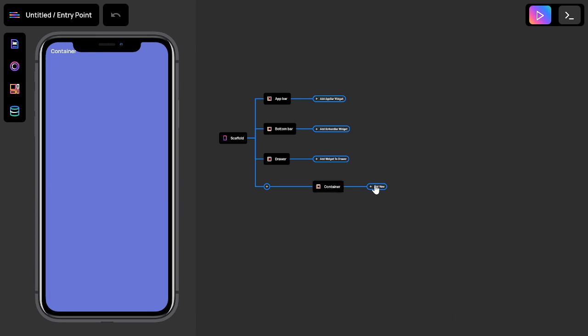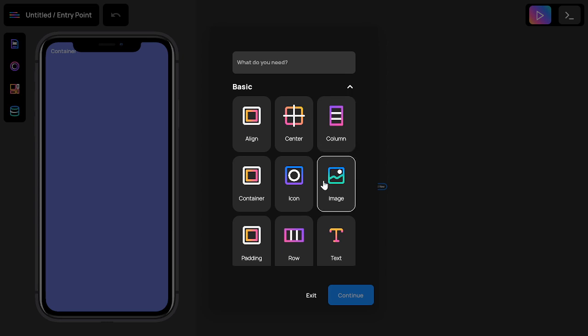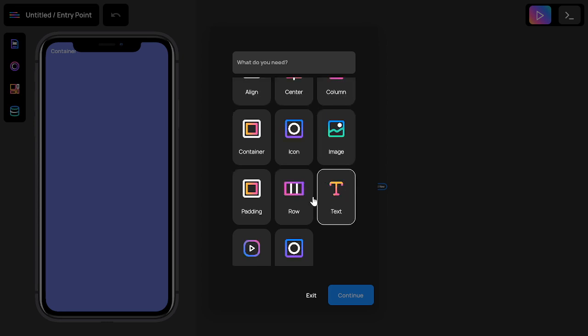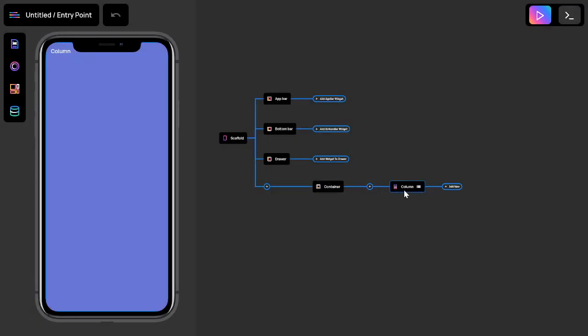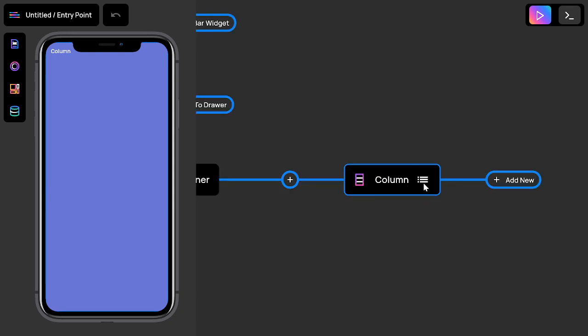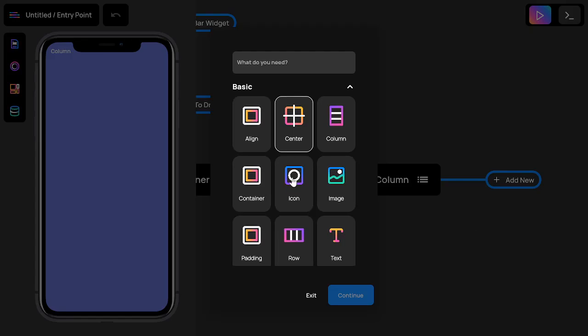Okay. And we can put a column. Column has 4 or 5 places to put anything. Add new. We can put